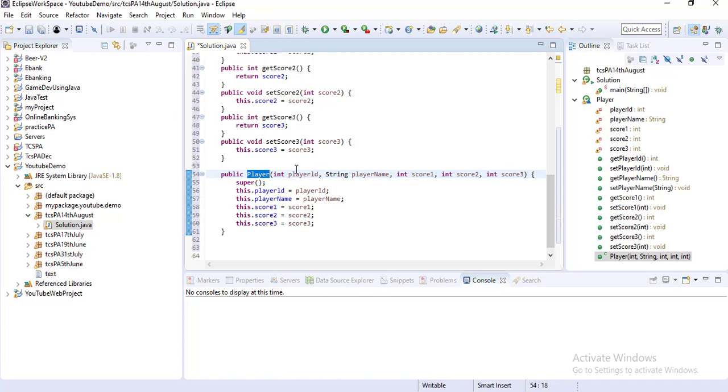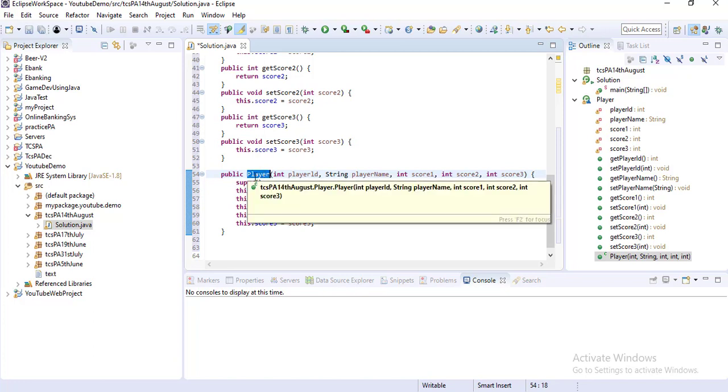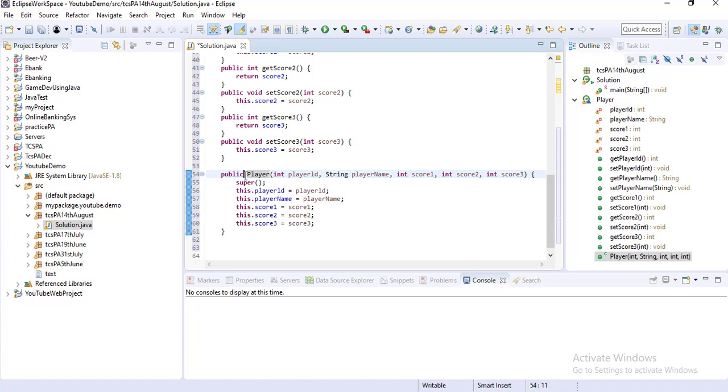Here the class name is Player, so the constructor name must be Player, and a constructor doesn't have any return type, not even void. For a method, if it's not returning anything, then the return type is void, but for a constructor there should be no return type.